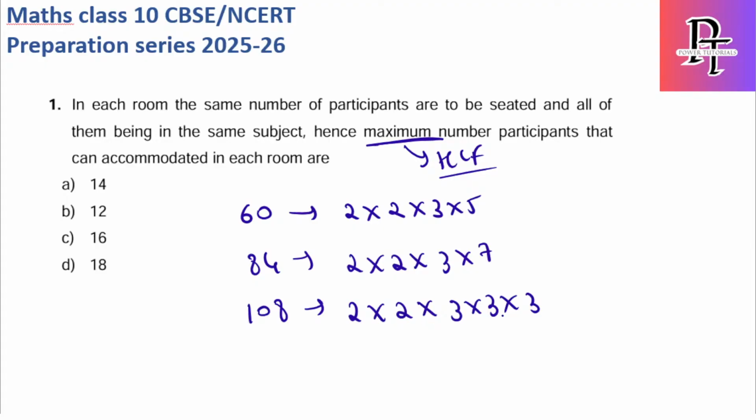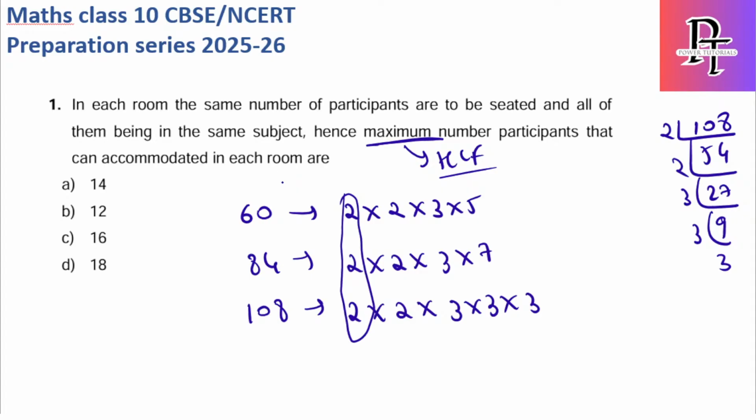You understood how I wrote it directly? Because I simply divided by 2, I got 54. Mind calculation I'm doing, but if you have doubt whether mind calculation is proper or not, you can do it properly. 2 54s, 2 27s, so 54, and 3 9s are 27 and 3 3s are 9. So it is 2 into 2 into 3 into 3 into 3. Okay, what is HCF? For HCF, we need to write the lowest powers of prime factors and it should be common for all the 3. Okay, so here if you notice, one 2 is common,